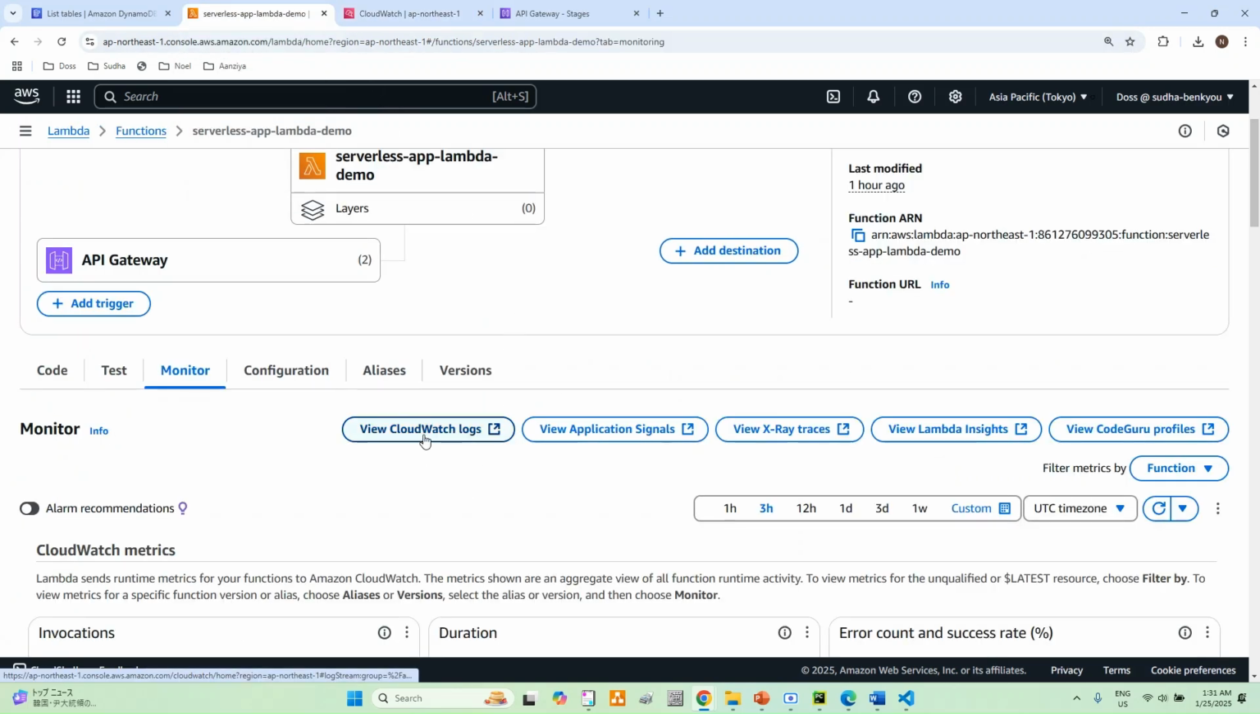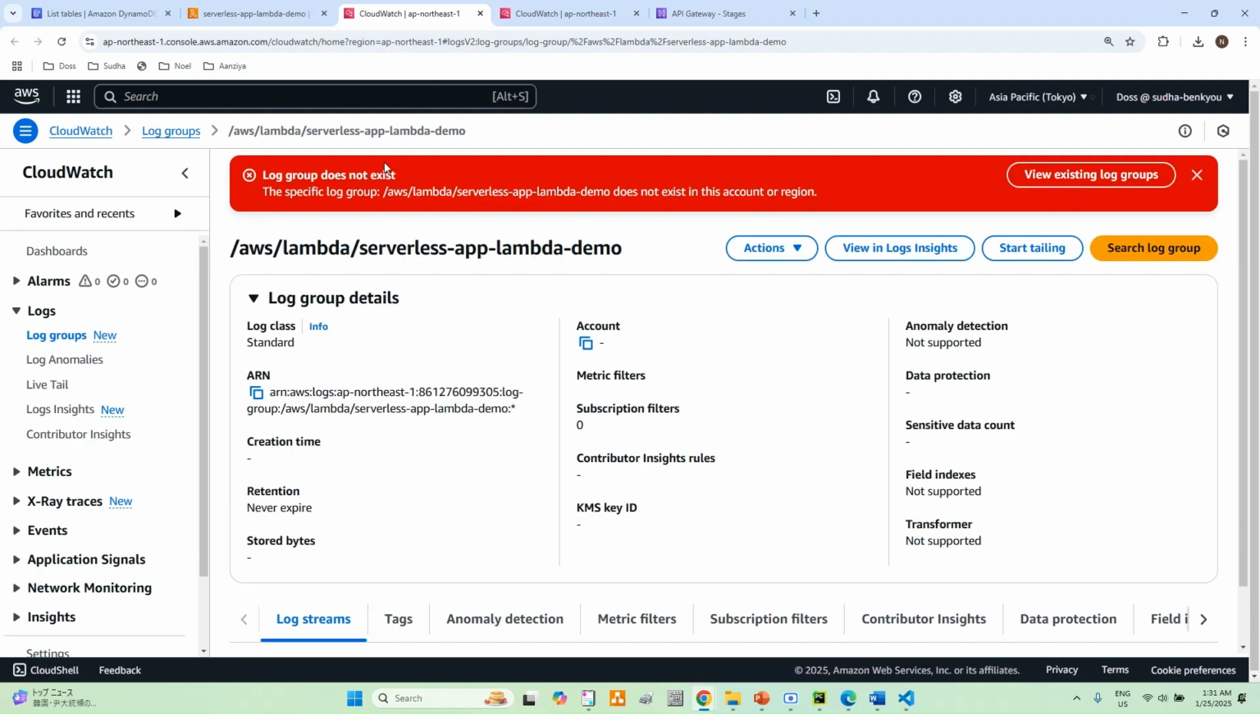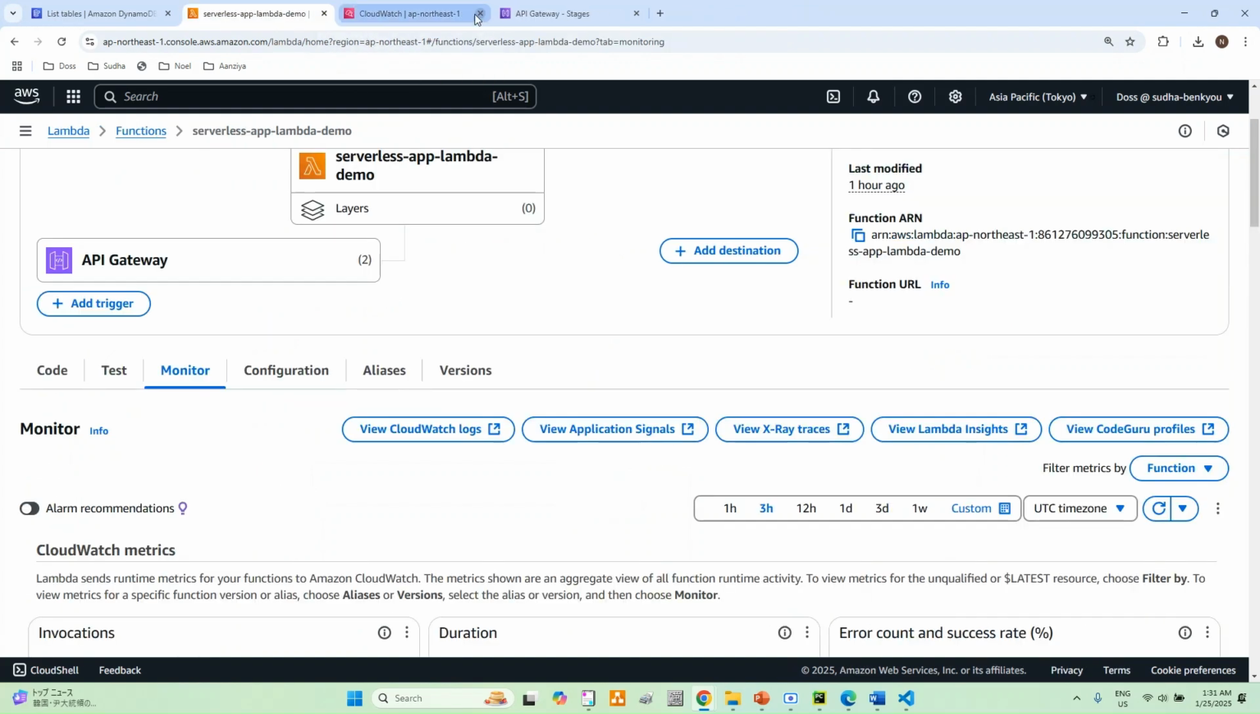And to cross verify, if you click view CloudWatch logs again, it should throw an error that the resource has been deleted. Okay, so the log group does not exist, it says. That means our log group has been deleted successfully. Now going to the Lambda function,